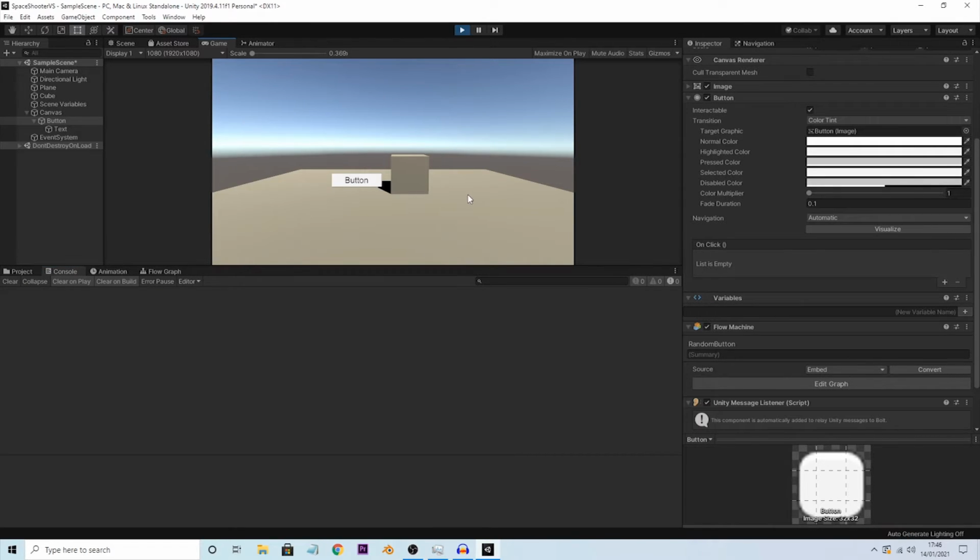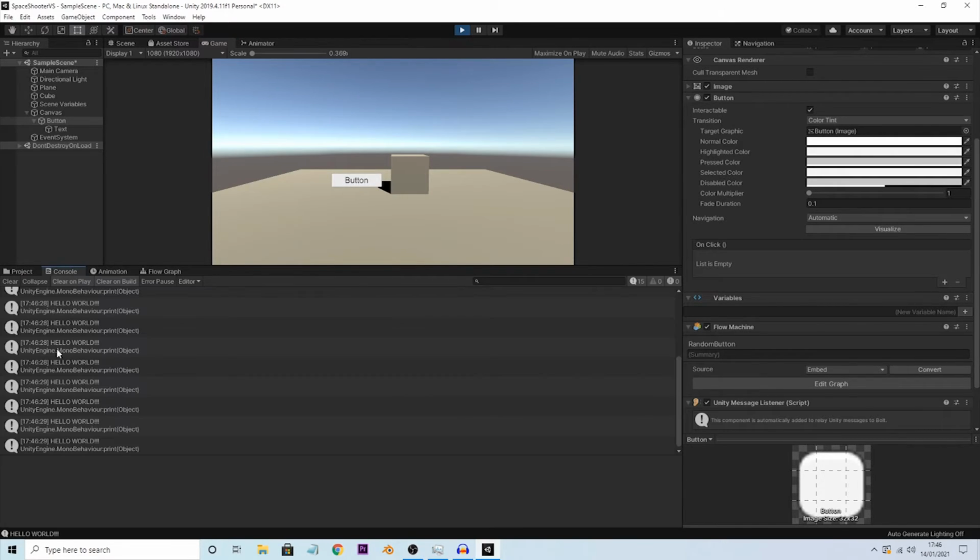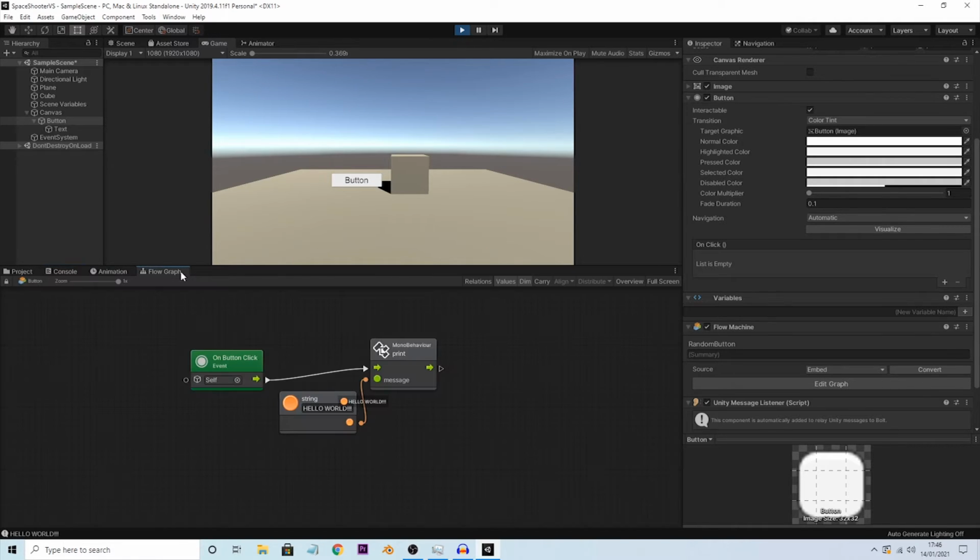So now our game is playing, and let's press the button. Hello world. So let's just see what it does. So yes, we're clicking on the button, and it's constantly printing out the text multiple times. So you would have to do this for every single button you make. If you want to make the button trigger a certain event in, say, your pause menu manager or something,